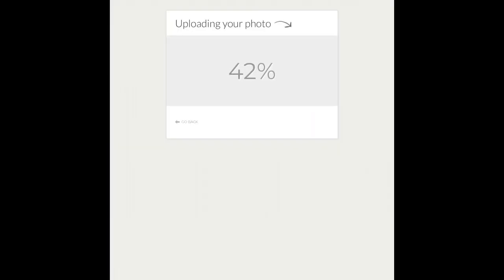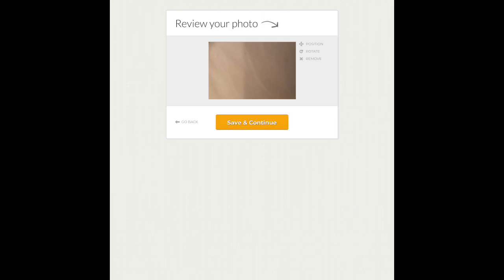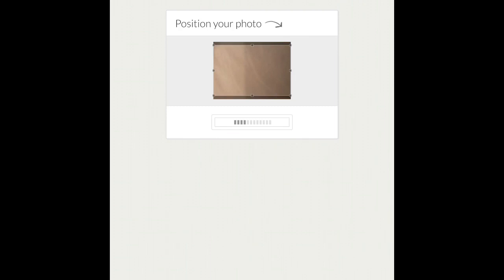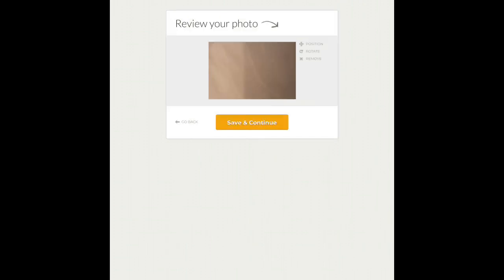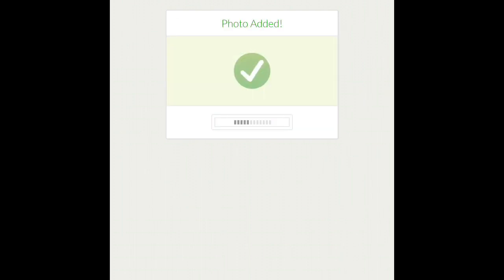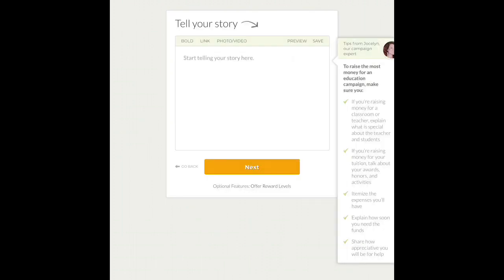Upload a picture. Usually this is like your logo or image for your GoFundMe page. And then you're just going to position it how you like it. And save and continue. So once you save and continue, you're going to get the added photo check,